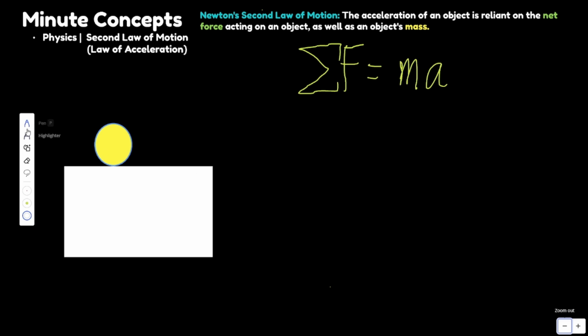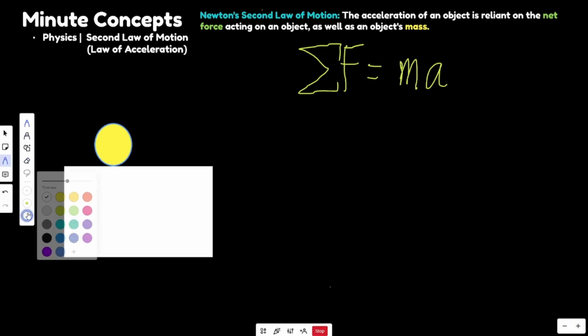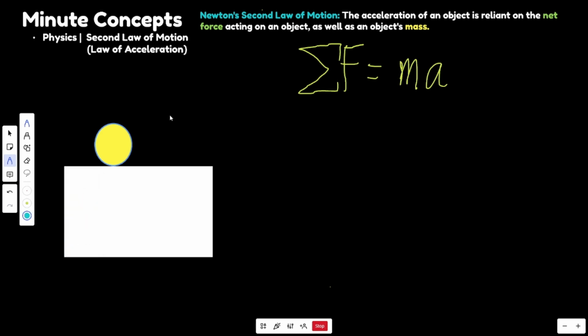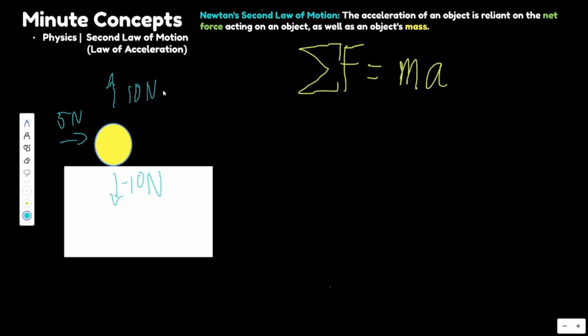For example, let's say that this ball is experiencing three forces: the normal force going up, which is 10 newtons, and the gravitational force going down, which is also 10 newtons. Now this is negative because it's going down, and I have an applied force going to the right of 5 newtons. So this is now a situation that calls for the law of acceleration, and the law of acceleration basically